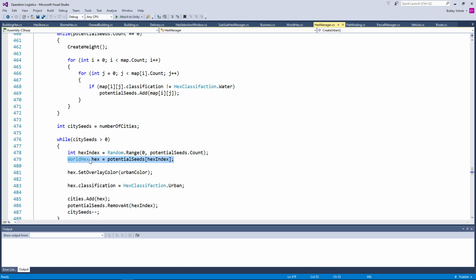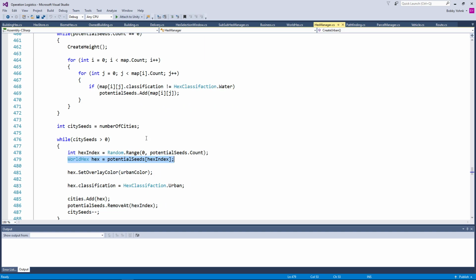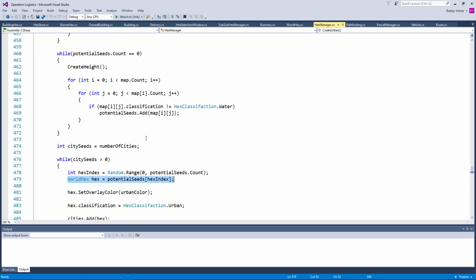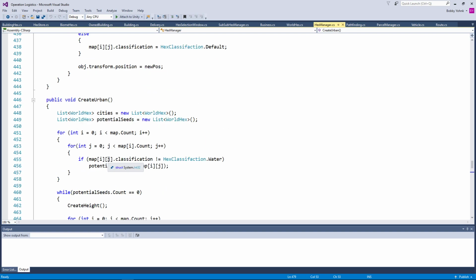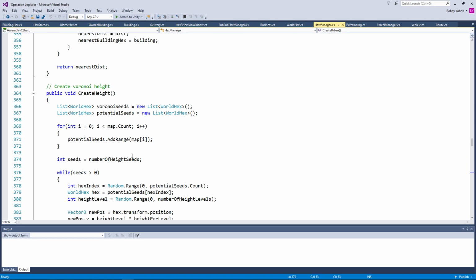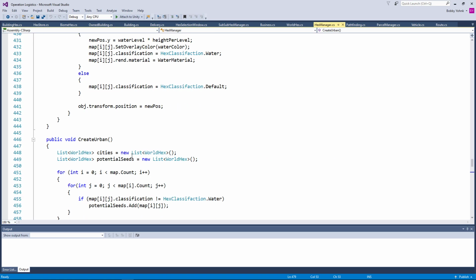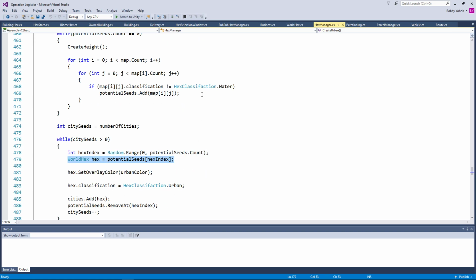Okay, so I feel like I changed this to make it so that this wouldn't happen anymore. And that is to say that while city seeds is greater than 0... Oh, hang on a moment. This is in the create urban. We fixed it for the create height, but not for the create urban, I think. Right? I don't know. Anyway, we are erroring out at line 479, so let's go ahead and make sure that potential